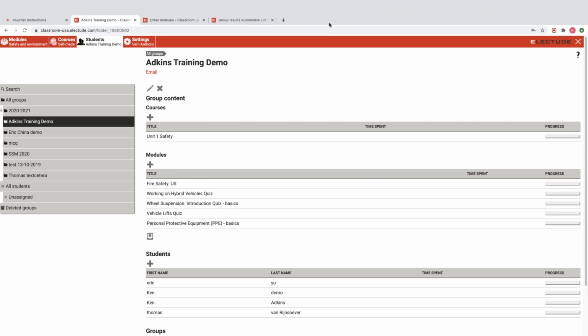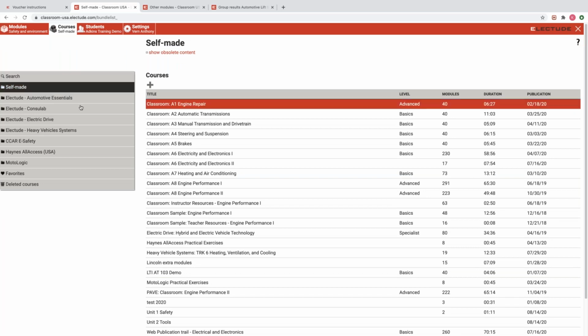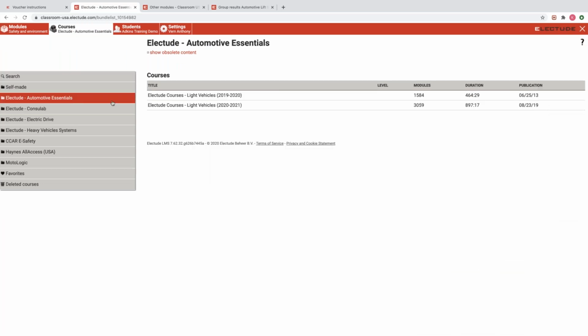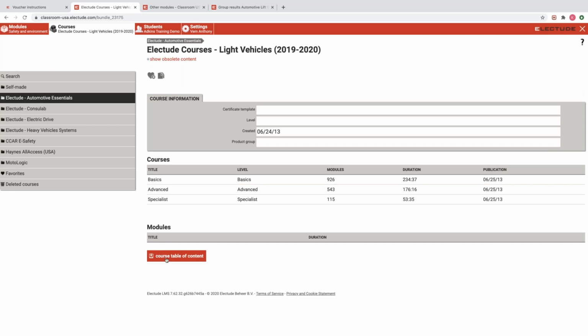So let's go back to that printing question. So just open up any course, go over to courses. You can hit anything. You can open a pre-made one, you can open one of yours, it doesn't matter. So just click on courses. You can go ahead and pick like Automotive Essentials or something. Okay. And then go ahead and click on that. Now you see right there at the bottom it says course table of contents. So when you click on that,